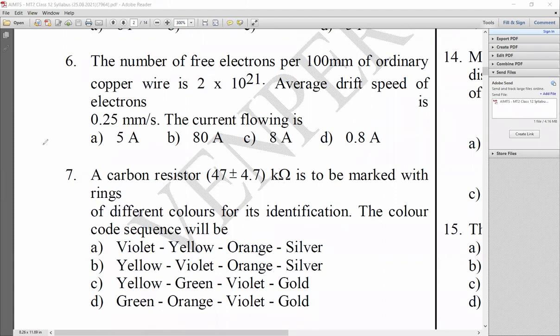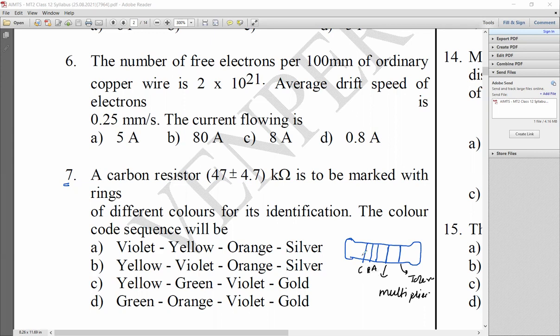So for the color code, you should know one whole chart, for different colors, different tolerance, all these things. Whenever there is a carbon resistor, it will be somewhat like this. Listen, this last line is for tolerance. This is for multiplier. And these are A, B, C. These are different colors for the number.